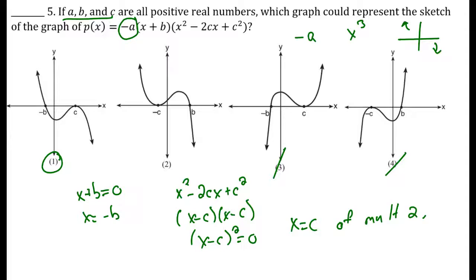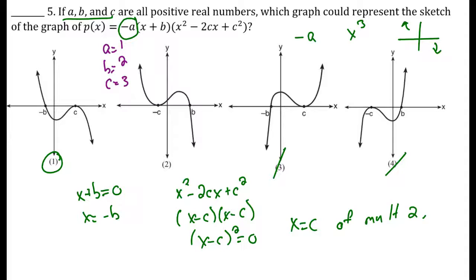And notice that on this graph, I have a 0 at x equals c, and its multiplicity is 2, because it touches c and then turns back around. That's the proper algebraic way to do this one. You really didn't need to factor the quadratic there. You needed to recognize the leading coefficient was negative, so it had to be 1 or 2, and had a 0 at negative b. If you plugged in numbers like a equals 1, b equals 2, and c equals 3,